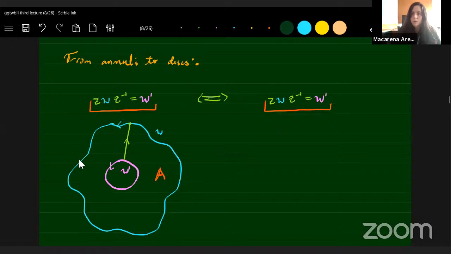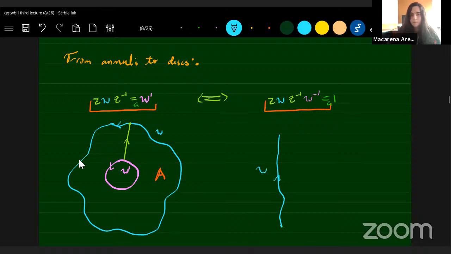So what I'm going to do is pass W prime multiplying to the other side. And this gives me a word that is the identity in the group. And this means that there is a diagram, this diagram, whose boundary is this word. So the boundary of this diagram is going to look something like this.